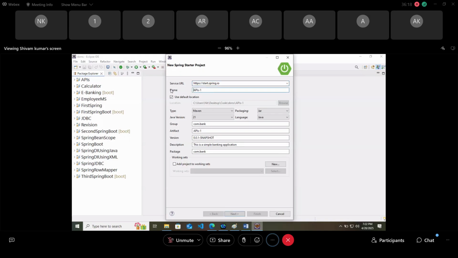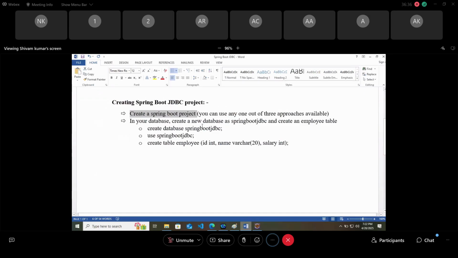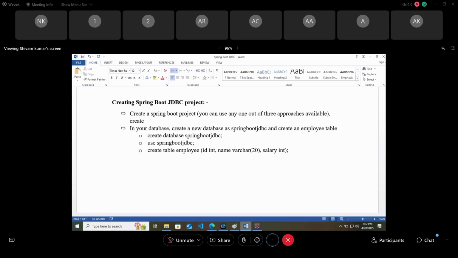The name of project I will write as Spring Boot JDBC, and rest all the things are same. Just next. Now whenever you are adding the APIs, or you can say adding the dependencies, so I will mention here, create the project